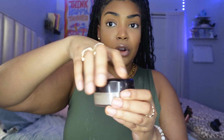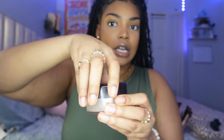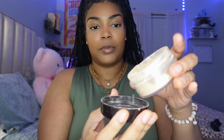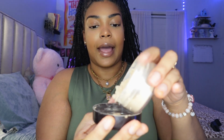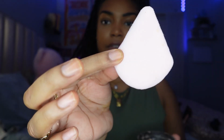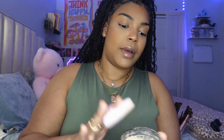And now we're going to bake. The label rubbed off a lot, but I'm using this CoverGirl setting powder. I've had this for a while, but it's still holding on strong. I still have a lot of it left. I want to be careful because I don't want to spill the powder, but I just take some of the powder and just put it inside of the cap like this. And then I take this little sponge right here and I just put some in the powder, dab, dab,